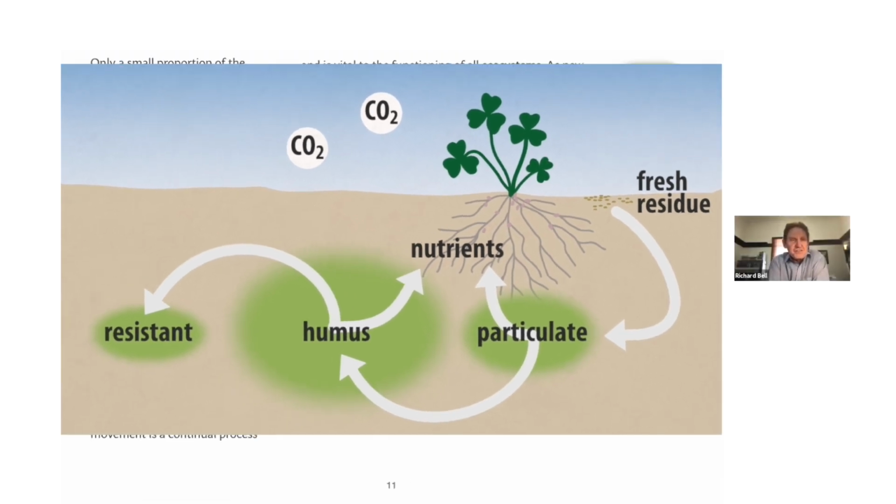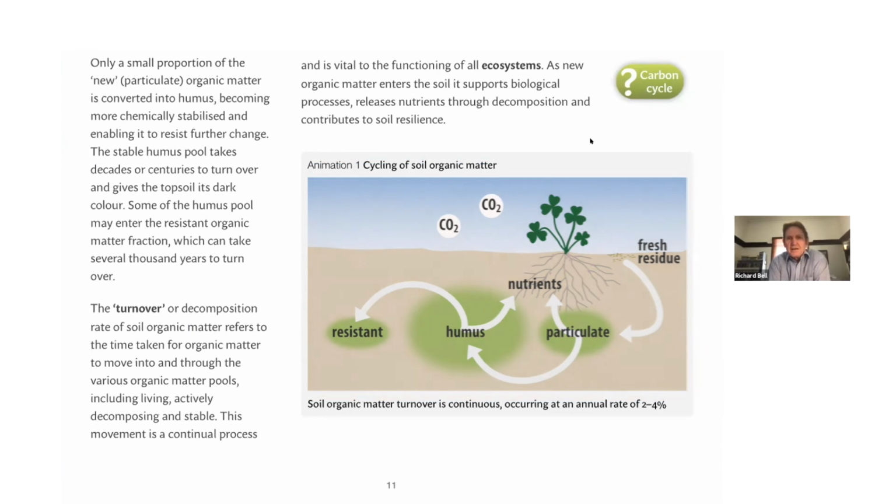I should stress here that what we're talking about is organic matter cycling in a soil as part of the natural ecosystem processes of soils. It's about adding additional carbon in the form of compost, which is able to generate new processes that perhaps don't occur in the natural soil.